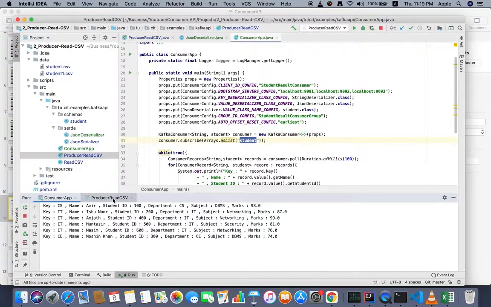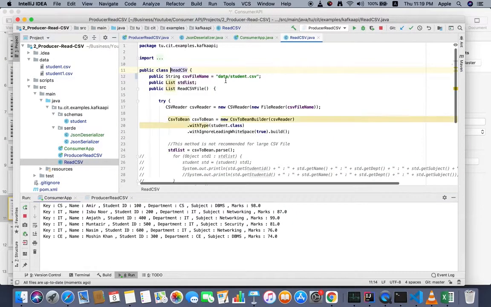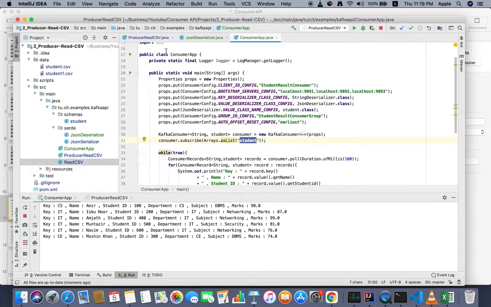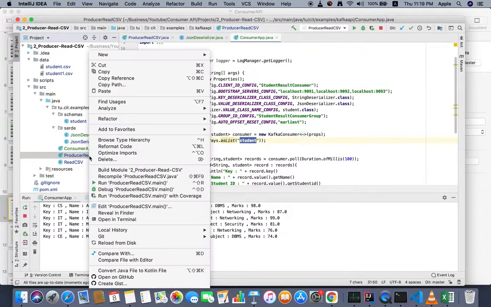If I want to read a different file, we have the data here: student and student1. So let's read a different file. I'm reading the student file here, and the other file is student1.csv. I want to produce that first, so let's run the producer application to read the student1 file.